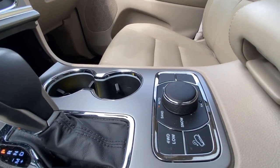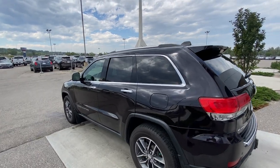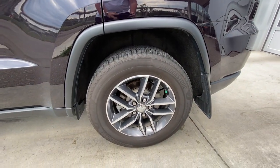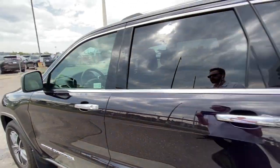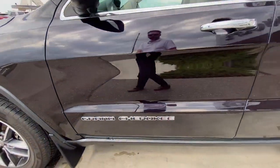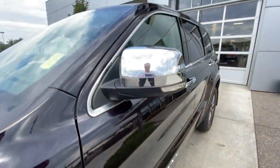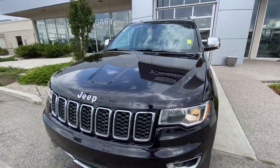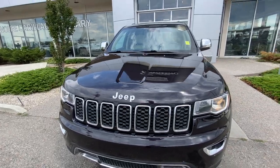your four-wheel drive controls. Taking a look at the exterior of the Jeep Grand Cherokee, starting off with the 18-inch wheels paired up with Bridgestone Alenza tires. Moving right along, we have chrome door handles, Grand Cherokee badging on the bottom of the doors, chrome capped mirrors with LED turn signals. Around the front of the vehicle, Jeep badge on the top of the hood, projector style